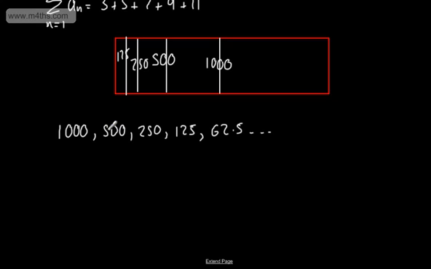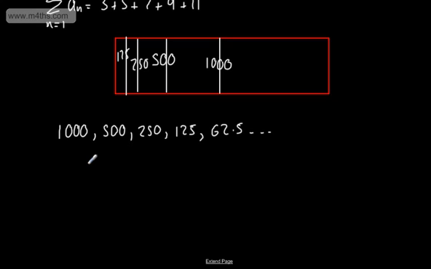We can find that ratio by dividing backwards. So if I did 500 divided by 1,000, I get half. 250 divided by 500 is a half. 125 divided by 250 is a half. 62.5 divided by 125. As you can see, we're going to get smaller and smaller. This is going to tend to 0. Now, if this particular sequence is going to tend to 0, we can say that it's going to converge. Later on in the video, we will look at what is meant by a convergent and